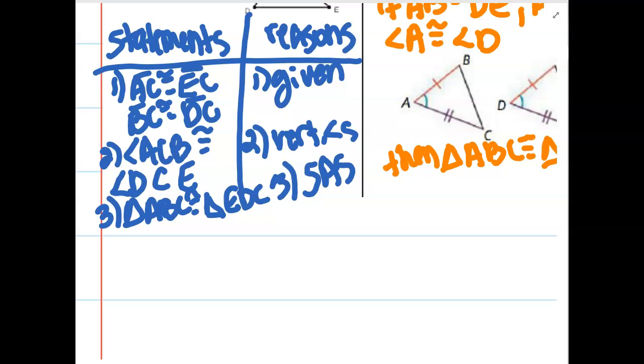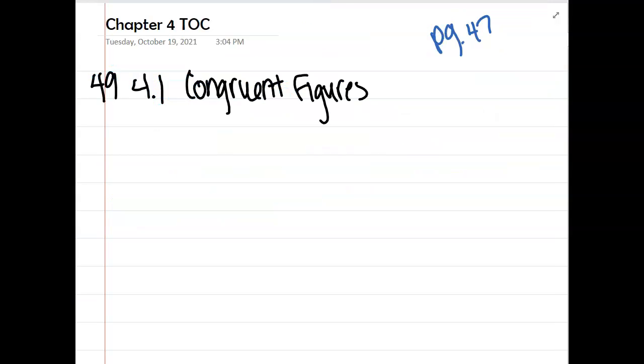There we go. Okay, how do we feel about the proofs? Not too bad, right? Okay. All right, let's get this glued into page